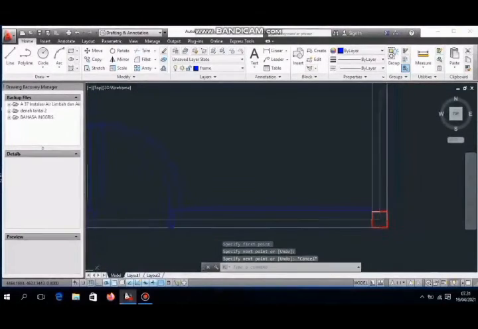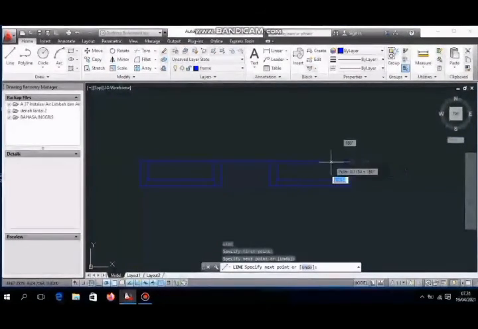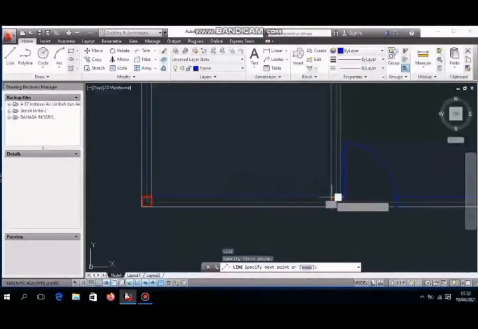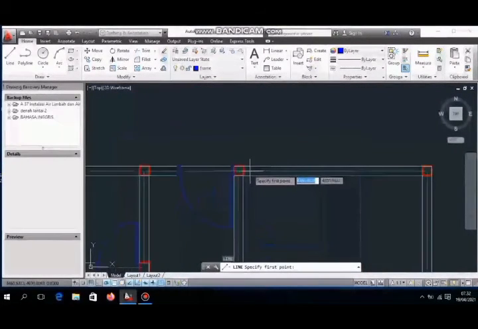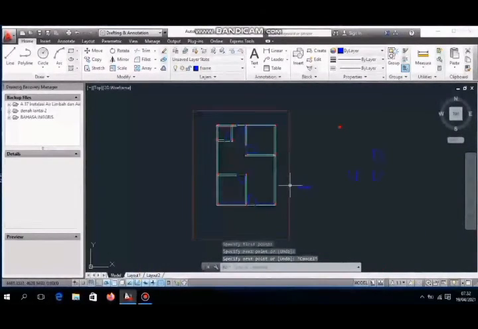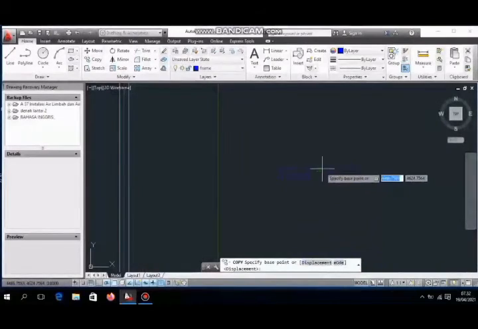Then we make grid lines. Make grid line. When we move it to the middle.